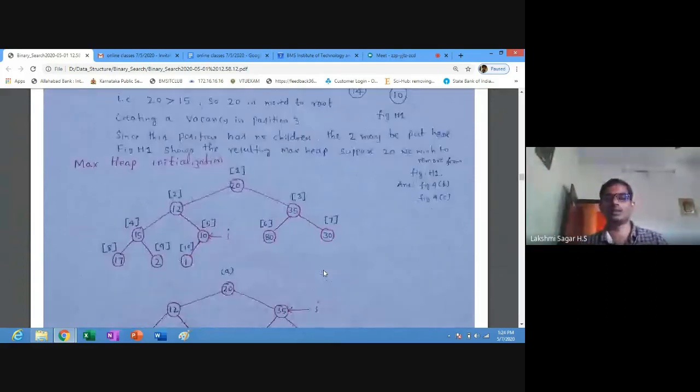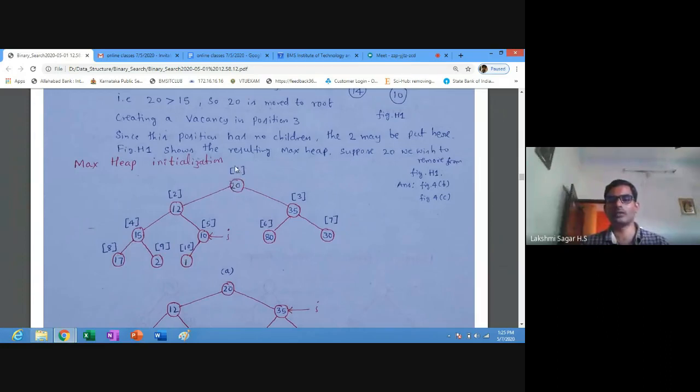Next, max heap initialization. Here, this is a binary tree. How many levels are there? 1, 2, 3, 4. So 2 power 4 minus 1 means 15 elements. If 15 elements are there, then we call it a complete binary tree. So this is not a complete binary tree. Here you can see 4 levels are present, and all the nodes are indexed from root to the last node.